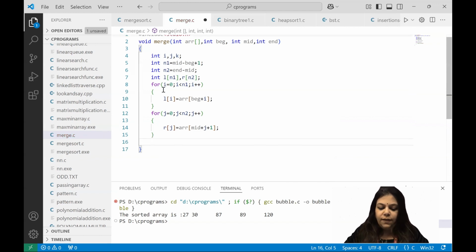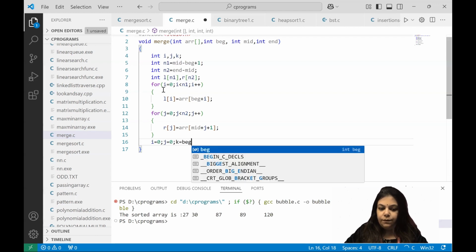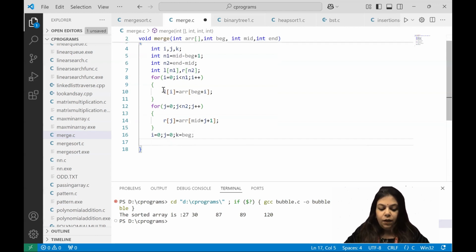Now, after storing these values, these two arrays L and R have been formed having sorted values. And now we have to merge them back into the original array, that is the ARR array. So for that, we have taken i equals 0, j equals 0, and k equals beginning. Right. Now, while